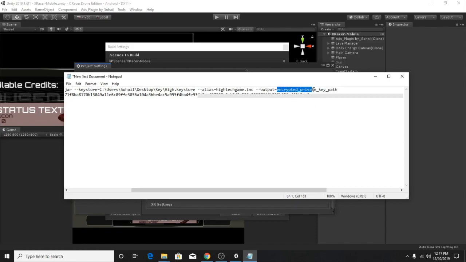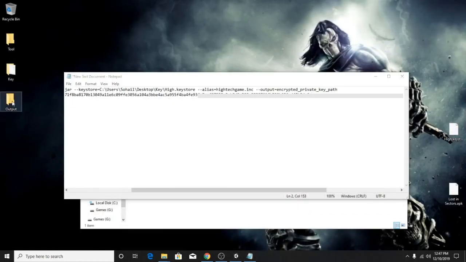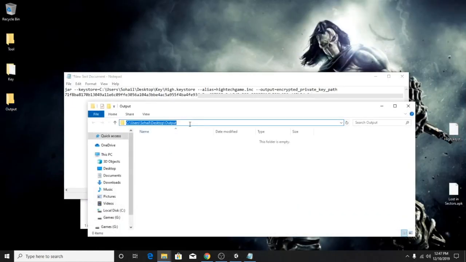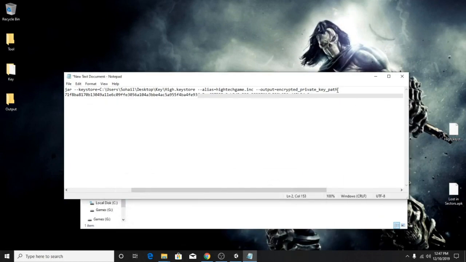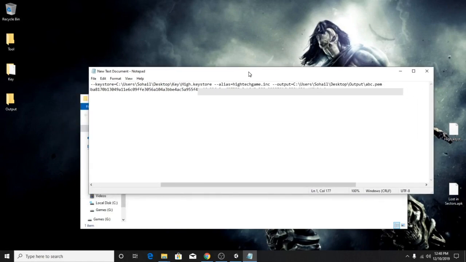Then the location of the output folder, which is there. Just copy it from here and paste it here, and a backslash, the name of the file, just say abc dot pem, then save the document,